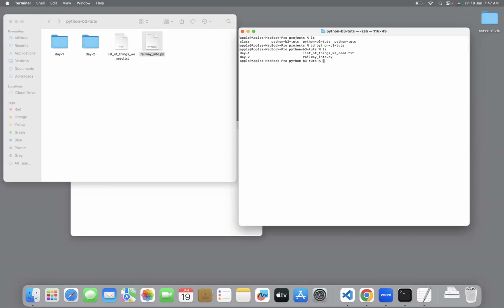First of all, you have to move your cursor, this is called the cursor, into the folder where you have stored your Python file. Right now, my cursor is in the same folder where I have stored this railway_info.py file. Now I'll use the same command, Python 3, to execute the same program.